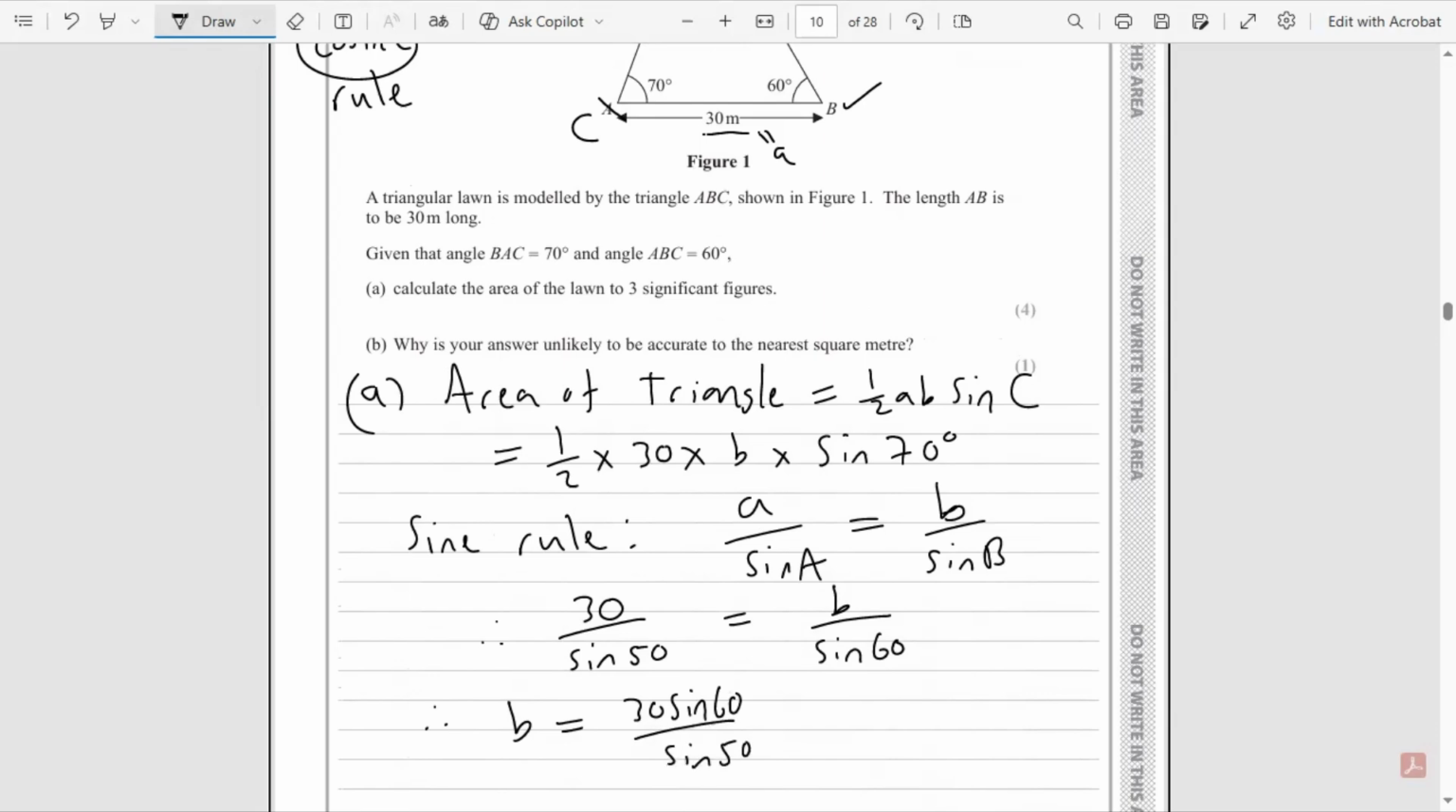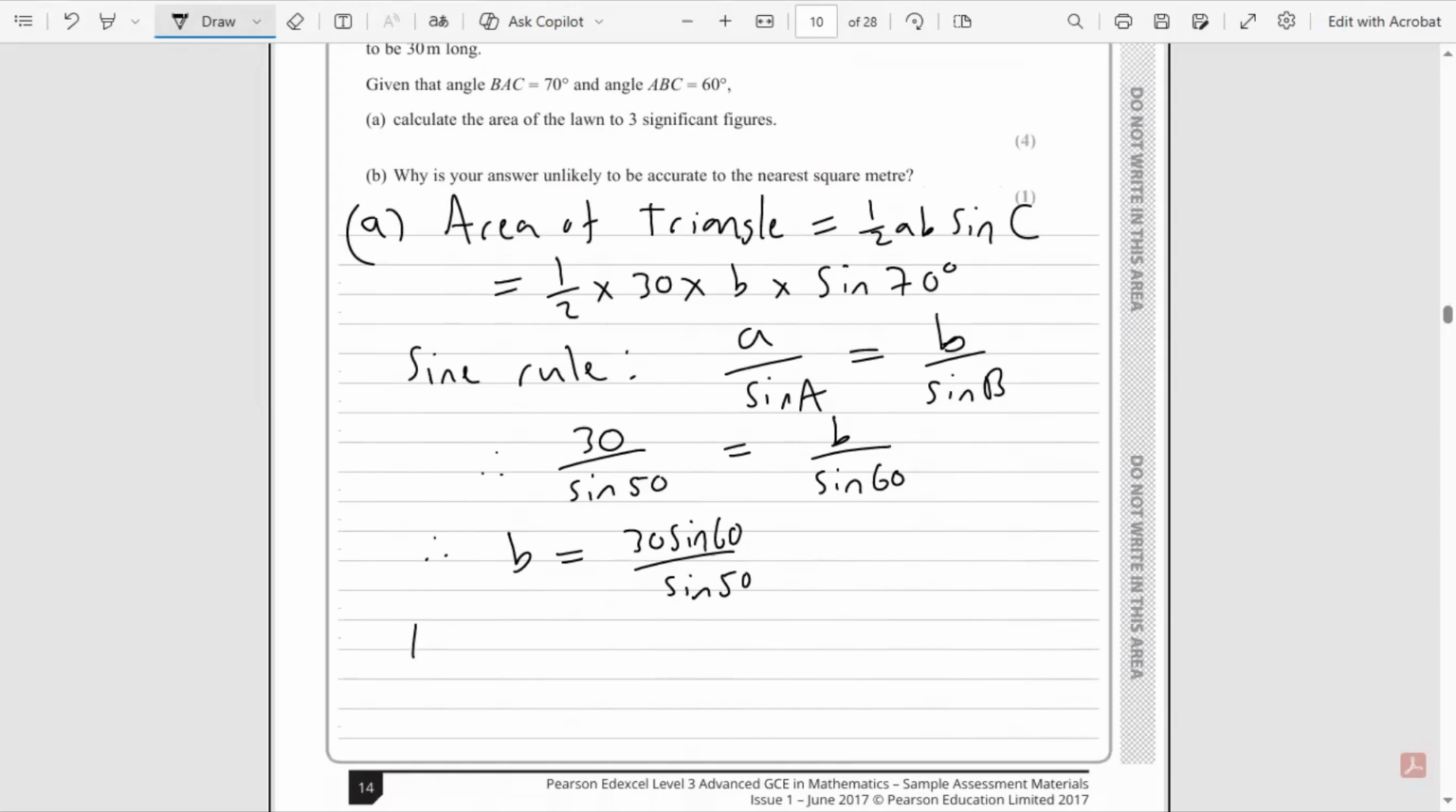So now we can sub this into the area of the triangle. So therefore the area is equal to a half times 30 times 30 sine 60 divided by sine 50 and then multiplied by sine 70. So if we just go to the calculator and work out what this will be, so again, this is 0.5 times 30 sine 60 divided by sine 50 times sine 70, and this gives me